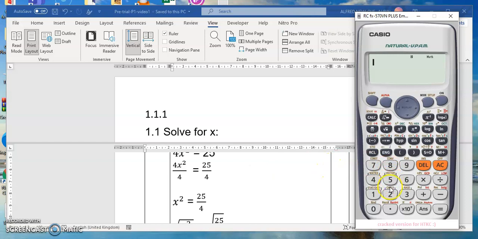So 25 divided by 4, what is that going to give us? So you see that this one is going to give us a decimal. So what you need to do is, don't write the decimal, just leave it as it is. Alright,